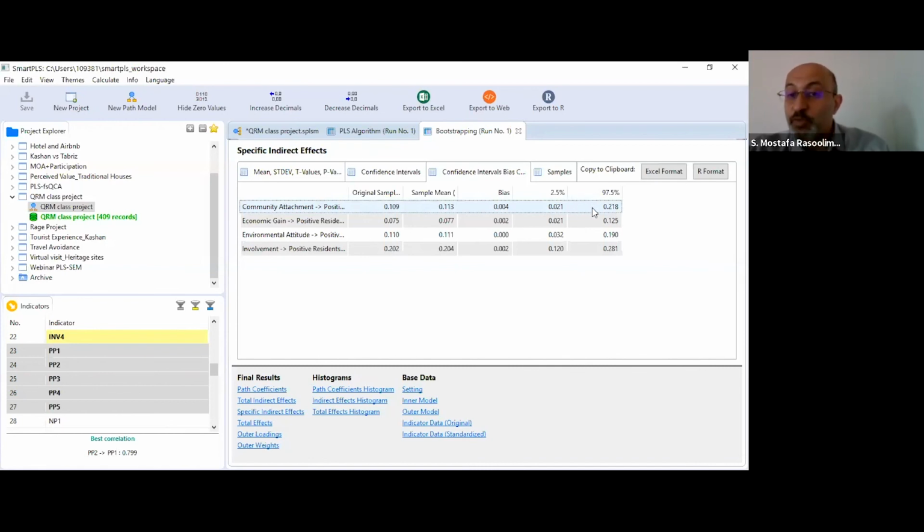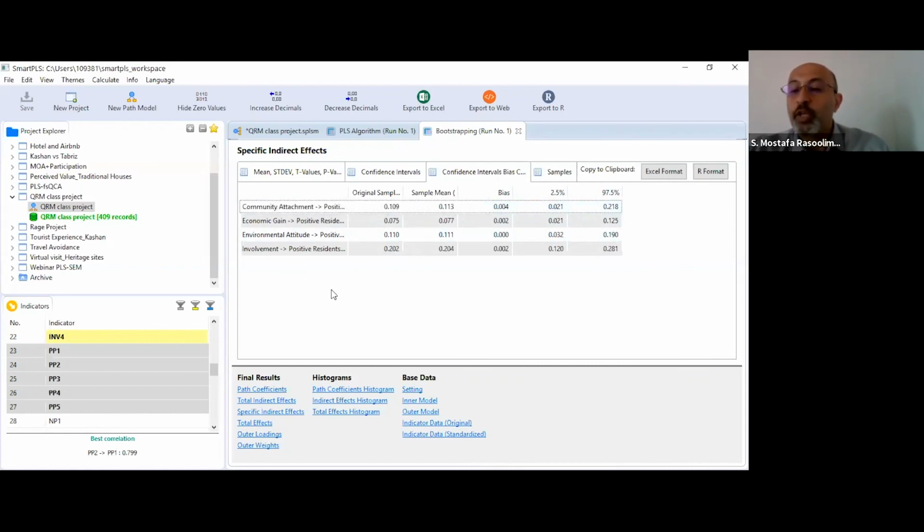If this range doesn't include 0, you can conclude this indirect effect is significant